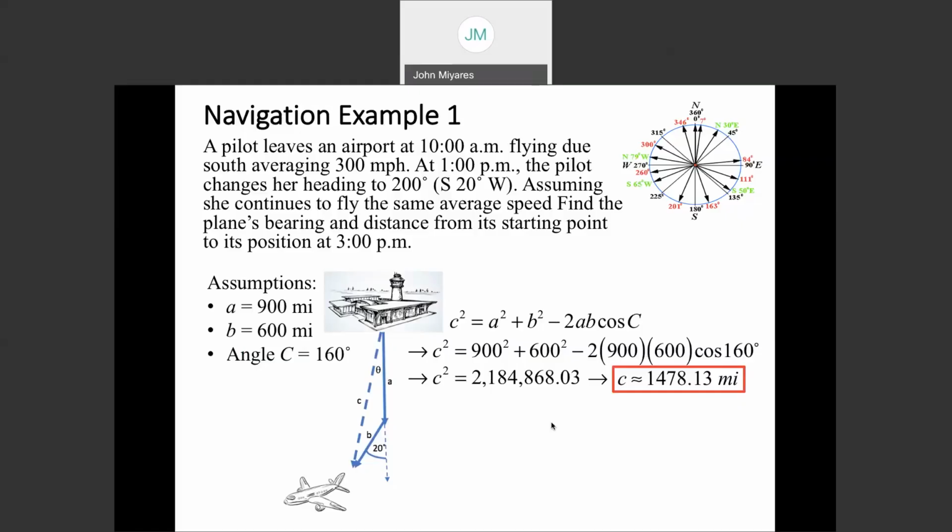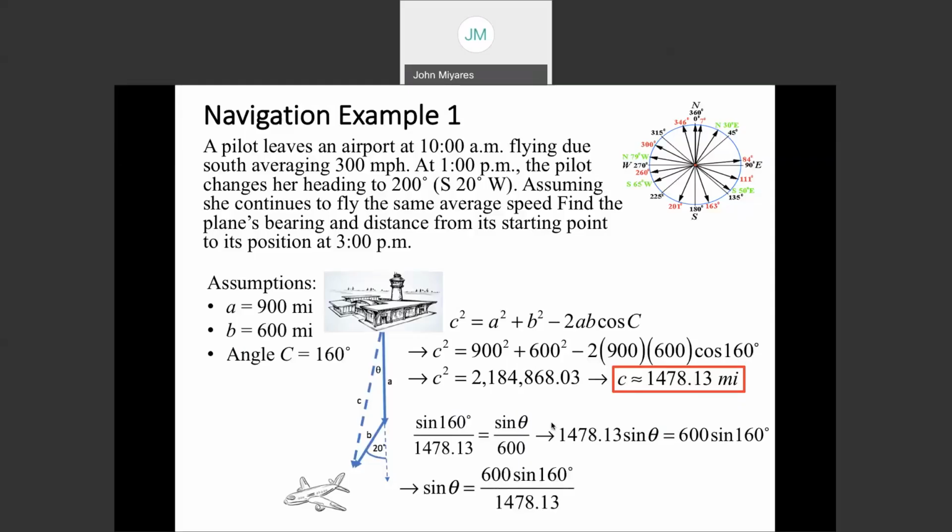Now that we have the length of side C, we know that side C is across from the 160-degree angle. We can use the law of sines to measure angle theta, which will give us the number of degrees between side A, the south line bearing, and side C, our dash line. We can set the cross products equal to each other and then divide things out to get the sine of angle theta is